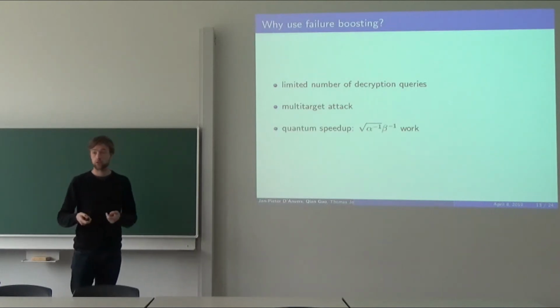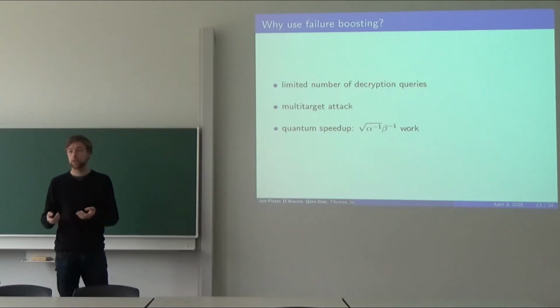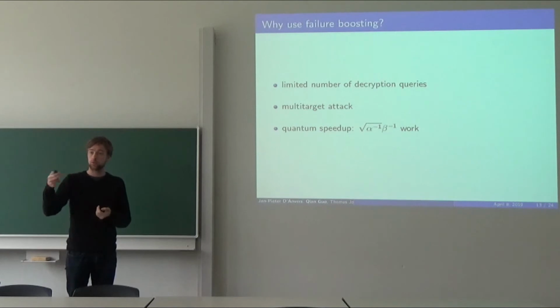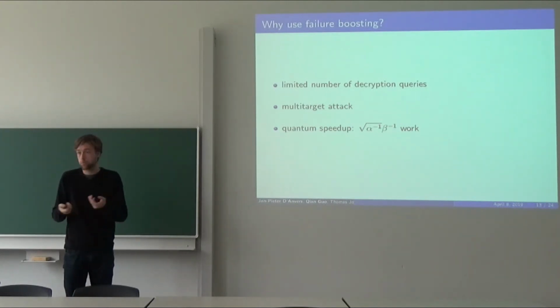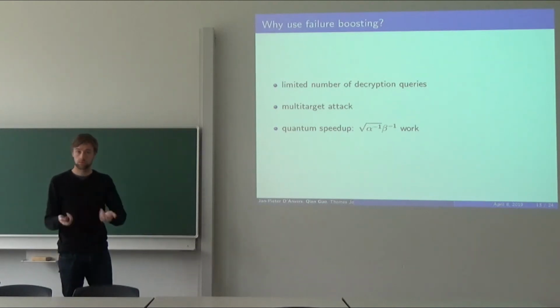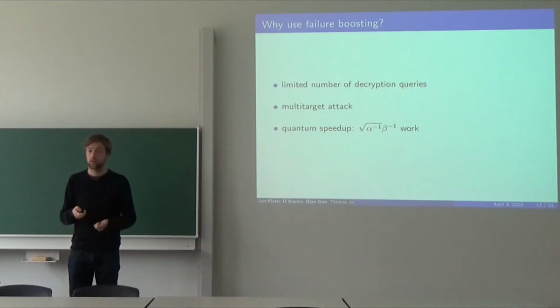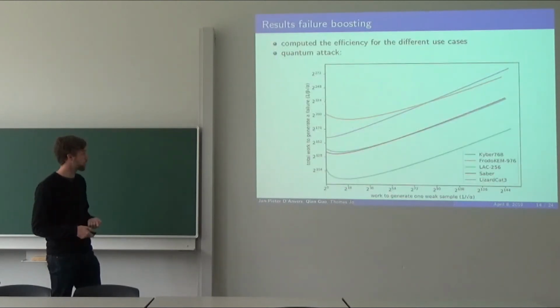The third thing is, of course, quantum computers. We're doing post-quantum cryptography, and we cannot speed up these oracle queries because we only have classical access to a server. What we can do is speed up this alpha, because this is offline work. So we speed up this alpha using Grover, because we're dealing with hashes, so we don't know how to speed it up further. But we can square root this work. And this actually improves upon the previous delta that we were doing.